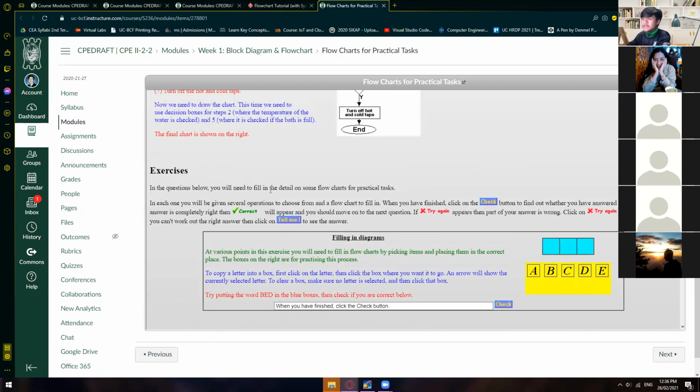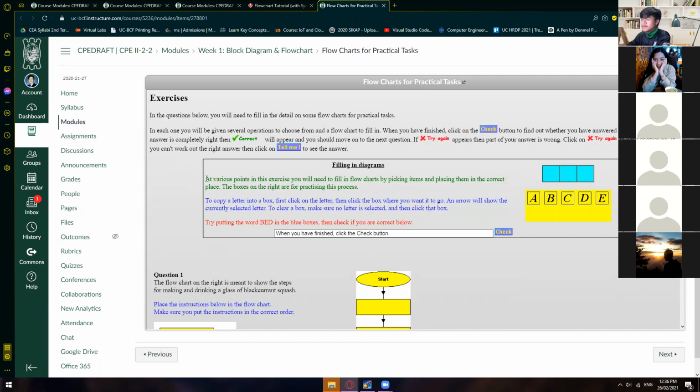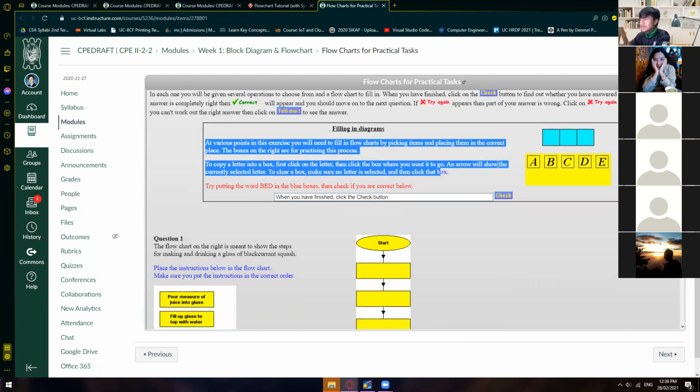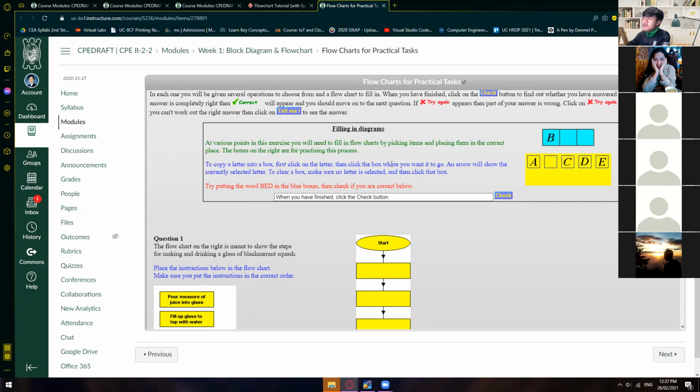And we have here the exercises, wherein we have the instructions on how to move a certain object. Like, you have to click this one first before you can move it to the text box. So it says here, try putting the word bed in the blue boxes. So B, E, D, and then you have to check it right here. So this is a practice area wherein you can